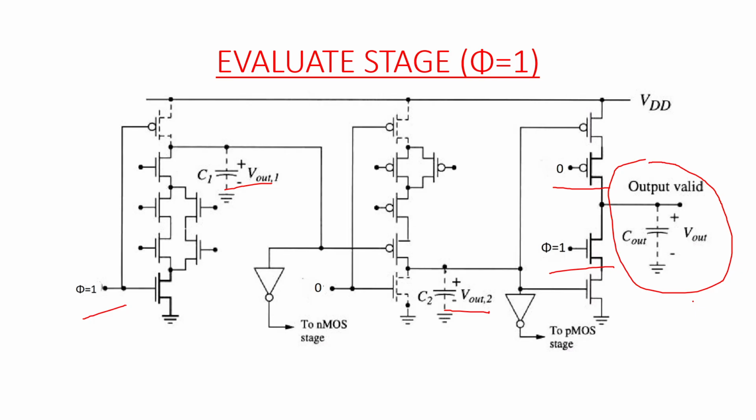So these capacitor voltages are held, but the output is valid during the evaluate stage. So the actual value of Vout is due to the charge held on the capacitor, and this Cout, this output, is not getting affected by the pre-charge states. So when the clock section makes a transition to phi equal to 1, the entire section goes into evaluation. So this also goes into evaluation, this also goes into evaluation, and finally we have the output also into evaluation. So this was the NORA phi section.